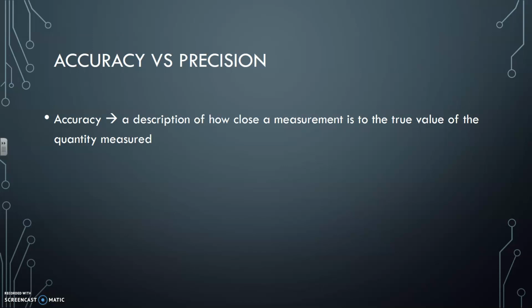First up you have accuracy. Accuracy is a description of how close a measurement is to the true value of the quantity measured. Oftentimes, with accuracy, the only time you can actually test it is basically as a test. There's one thing that I always do with measuring